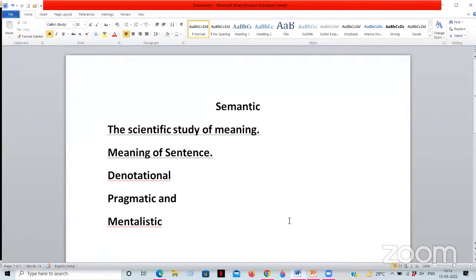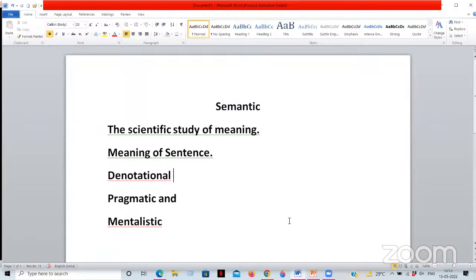According to this view, the meaningfulness of a language lies in the way in which speakers use the language. Language is seen as a means by which people communicate, and meaning is derived from use. So when we use that in a particular society, that becomes a pragmatic understanding of a particular word or sentence or phrase, anything. So these were the three steps that we have to talk about.